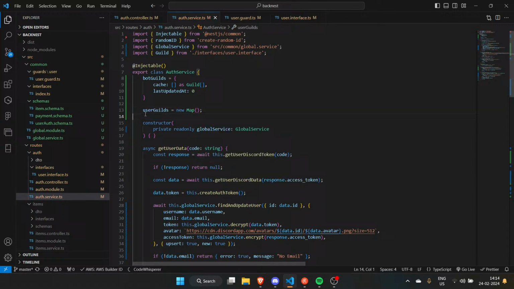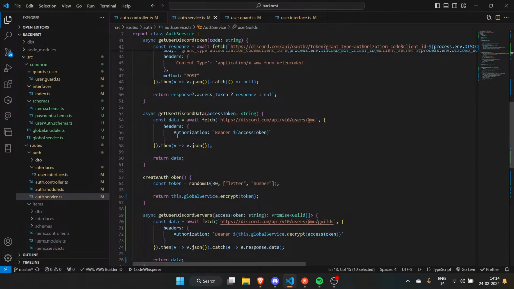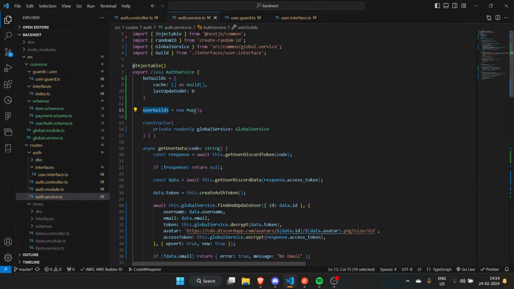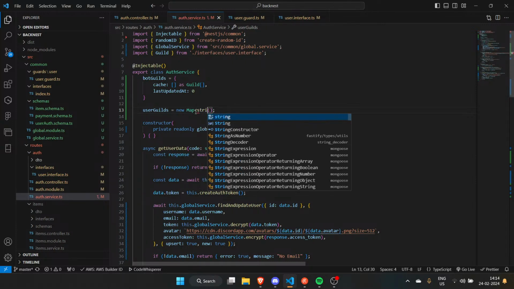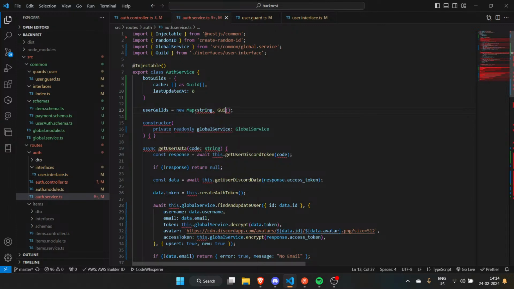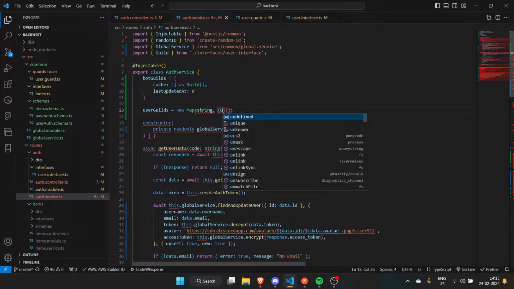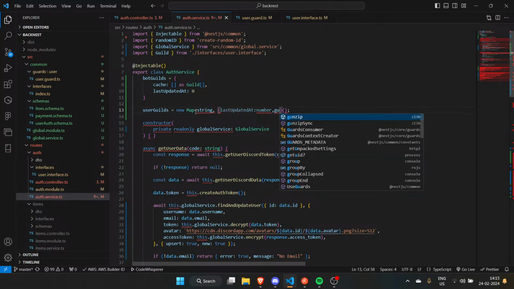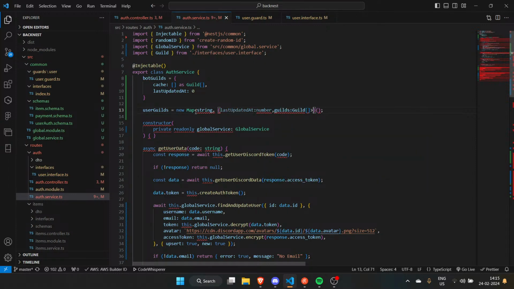Then what we are gonna do is pretty simple. User, okay, obviously. So key is going to be a string, value is going to be a last updated at number comma guild, going to be that.